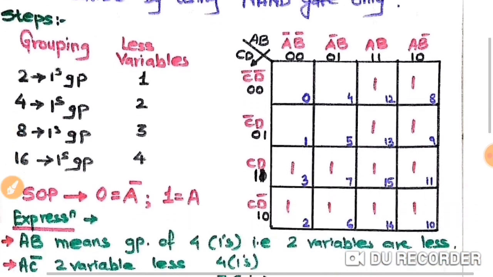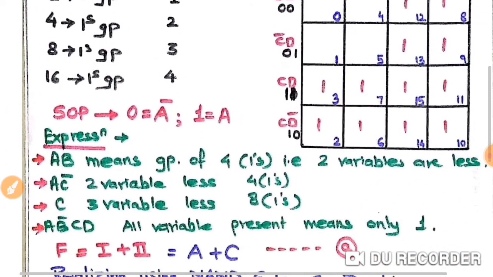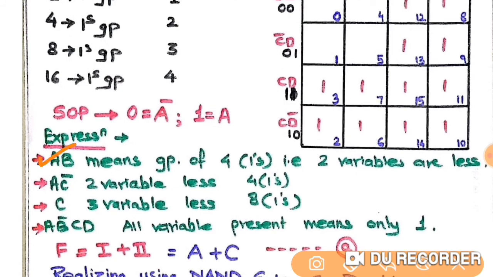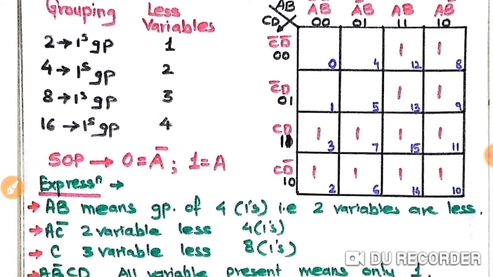So now we have this K-map ready with us. We have followed these 4 points. You can read it. These 4 for the 4 terms. Now we'll see about the grouping. Grouping, I told you, will be taking place in this direction. First a group of 16 if it is possible or not, or a group of 8 if it is possible or not, then a group of 4 if possible or not, and finally a group of 2 is possible or not, right? So we'll proceed.